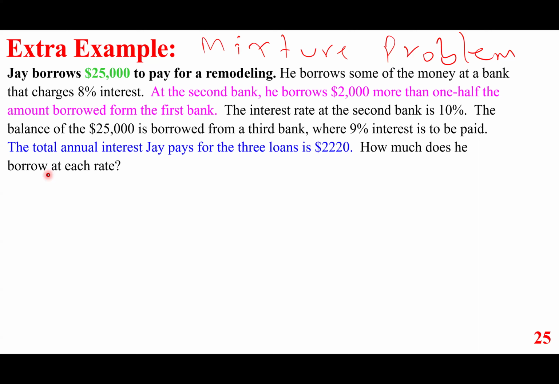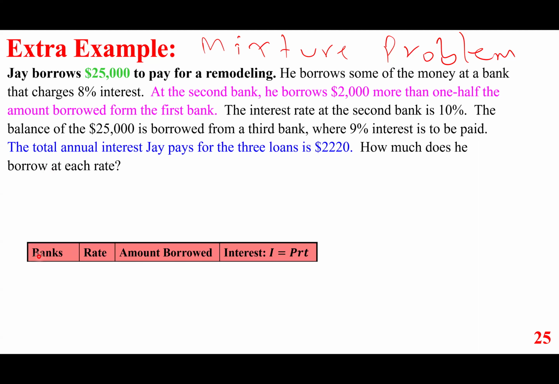And by the way, if anybody says, okay, why not get all of them from the same place? There may be some restrictions and so forth, just so you know. It's really not that simple. In any event, let's set up a table. So banks,